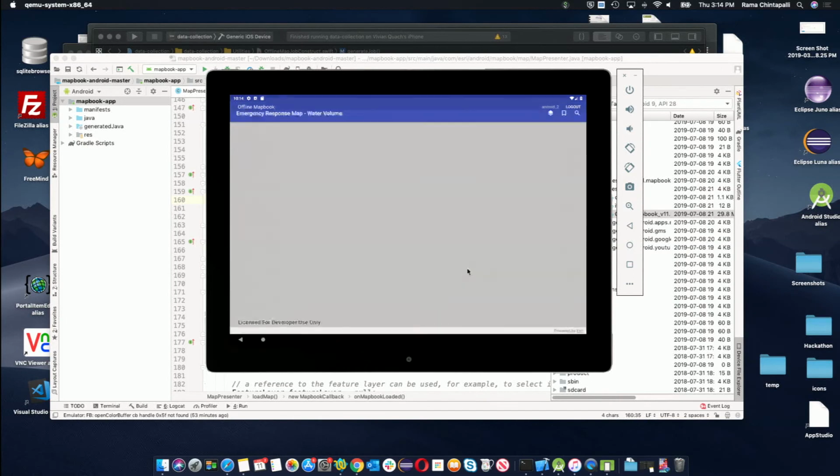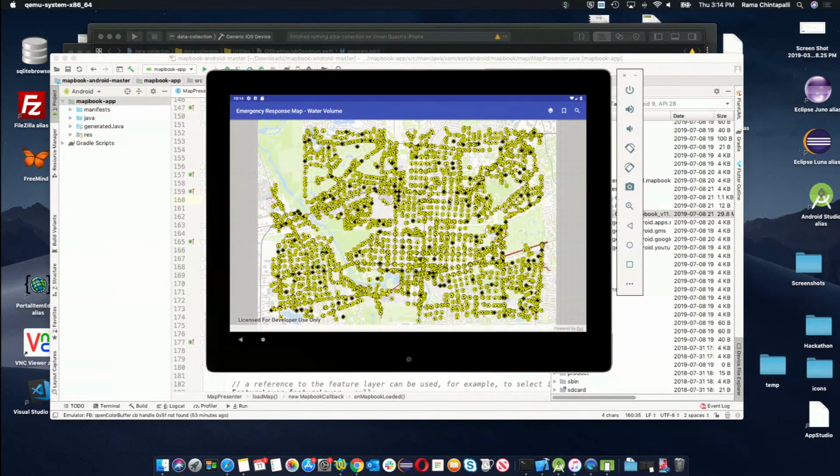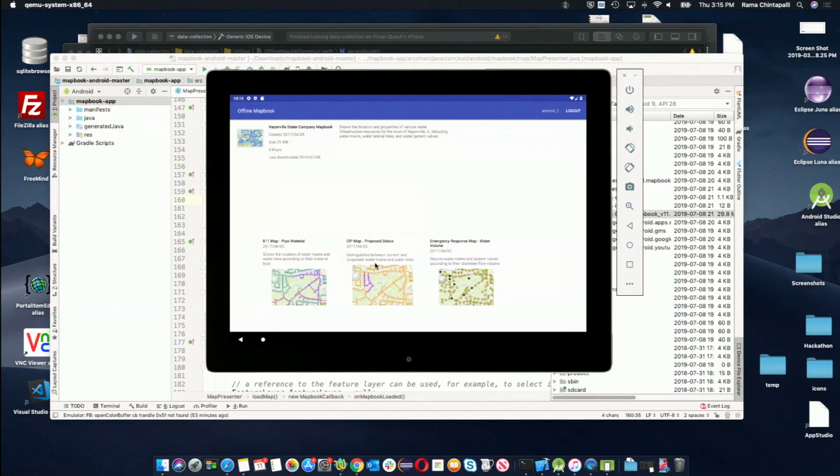And again, like I said, you can work with any number of maps within this mobile map package. That's all I had for the mobile map package, and probably I have a demo for mobile scene package as well. Just like the way you created a mobile map package, we have a tool for mobile scene package as well